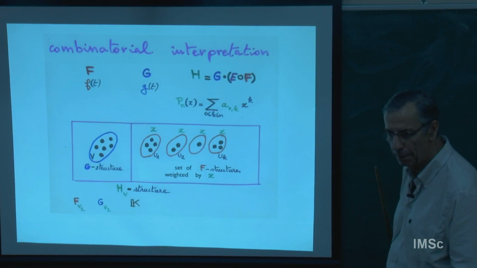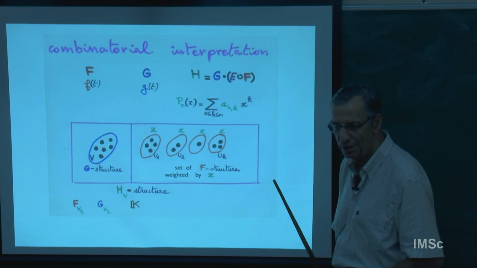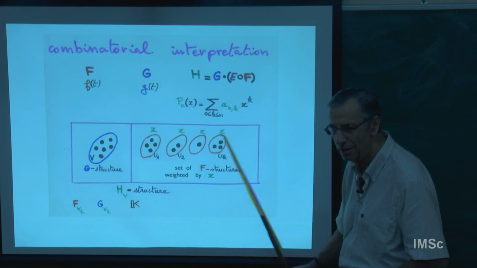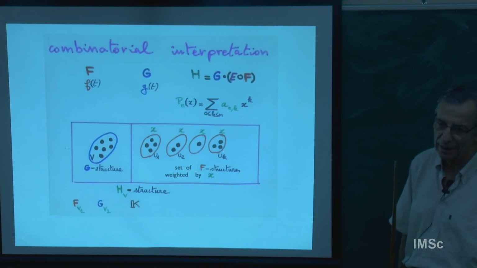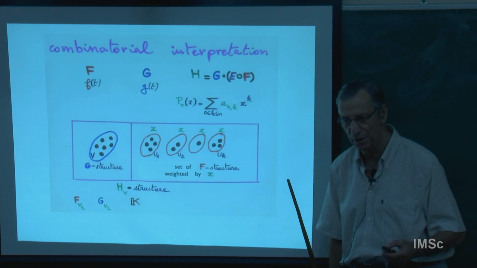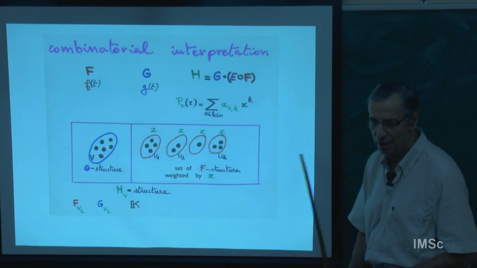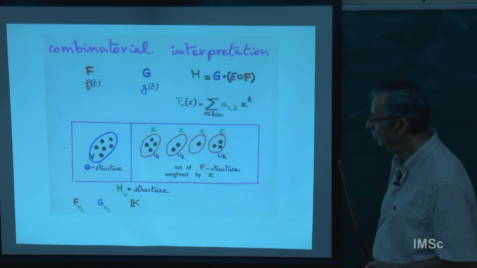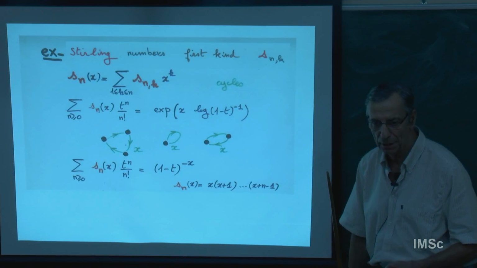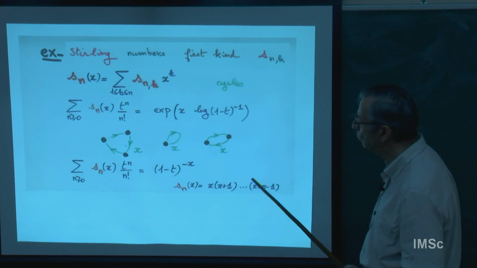In binomial type polynomial, it's a special case where there is nothing here. G equals 1, and so the assembly is when you are counting assembly of something by number of blocks. This is exactly what we are doing in assembly of permutation. The first example, counting by number of blocks, gives you the Lah numbers. So there are two very classical examples: the Stirling numbers, first kind and second kind.